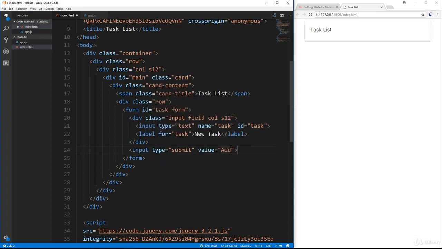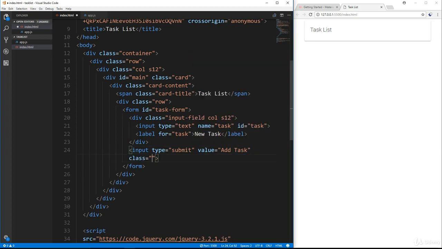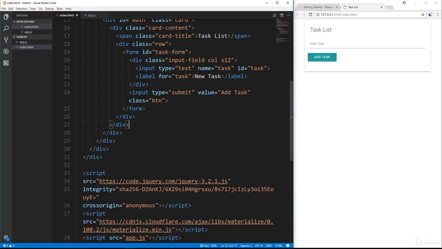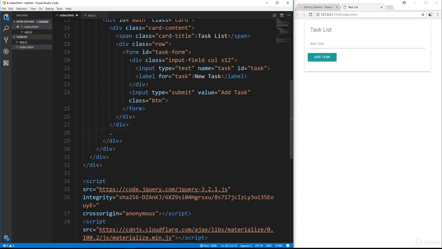Value, we'll say add task, and then we'll give it a class of btn. All right, let's save that, and that's what it should look like. So now we want to go under the card content, which ends right here. And we're going to have a class called